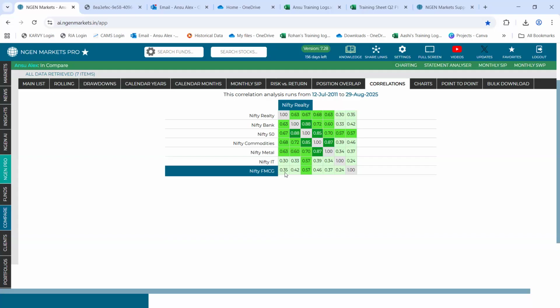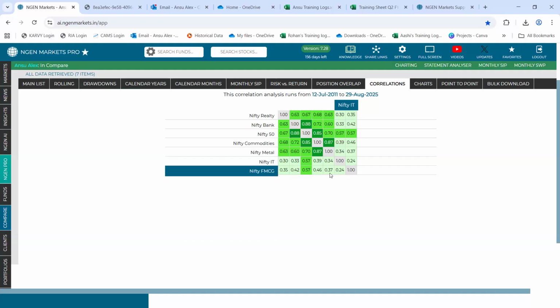Now, Nifty FMCG indeed has lower correlation with every other Nifty sectoral index that I have taken into consideration, except for Nifty 50. We can see each of these sectoral indices' correlation with Nifty FMCG is less than 0.50 or 0.55.